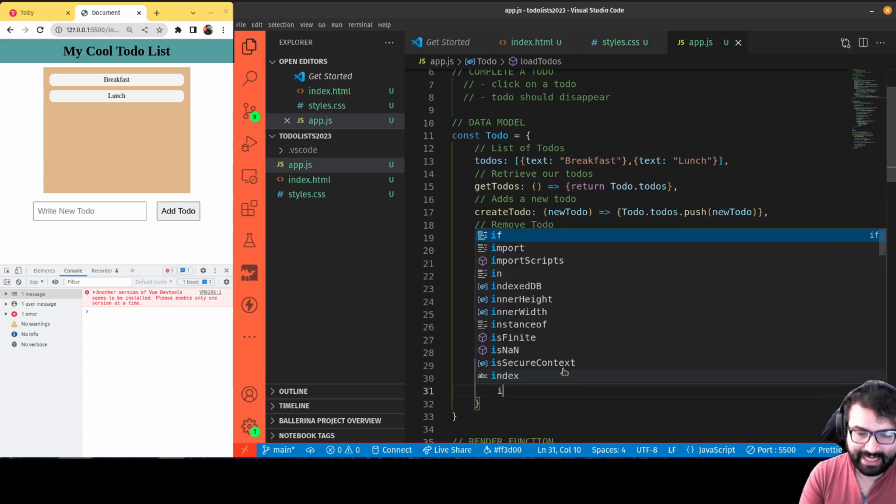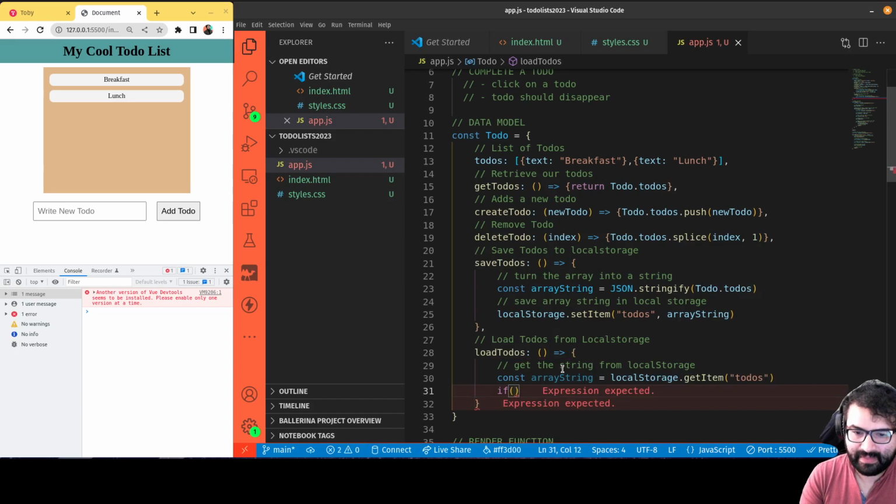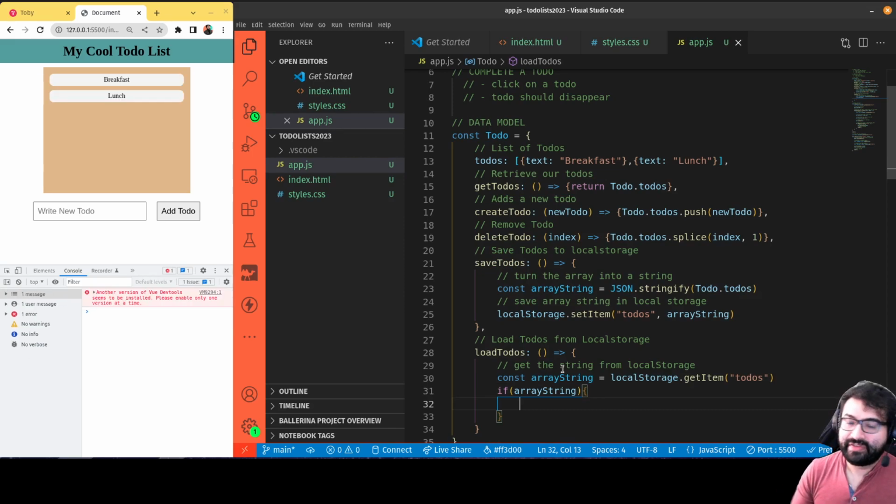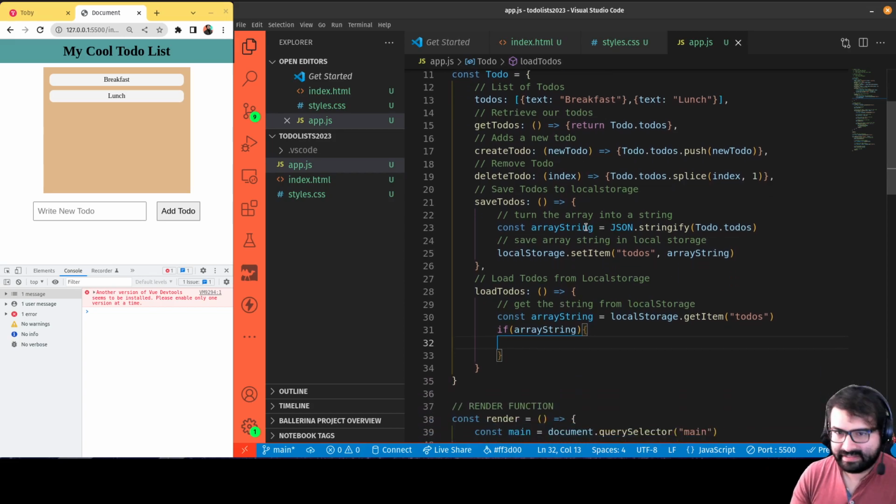So in that case, I want to check to see if anything is in there. So I'm going to say, hey, const array string. If there's actually data in there, that's going to resolve as true, because undefined is false. Any string is true, with the exception of an empty string. But this is going to be a string array, so it's always going to be true. Okay, so basically I'm checking, hey, is there anything actually there? When I went and fetched it, is there anything actually there? If there's nothing there, I don't want to do anything. The function will just keep going. But if there is something there, then what I want to do is